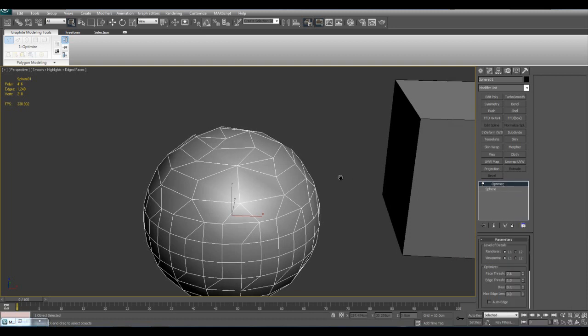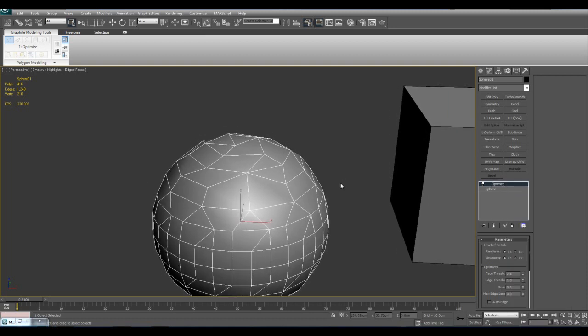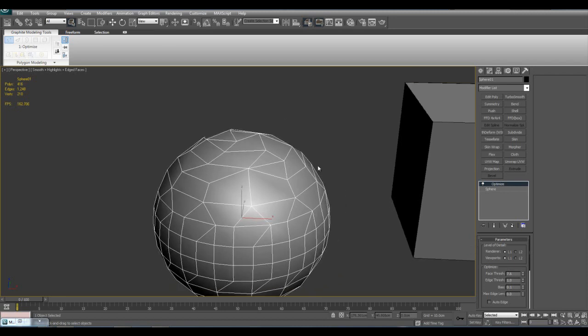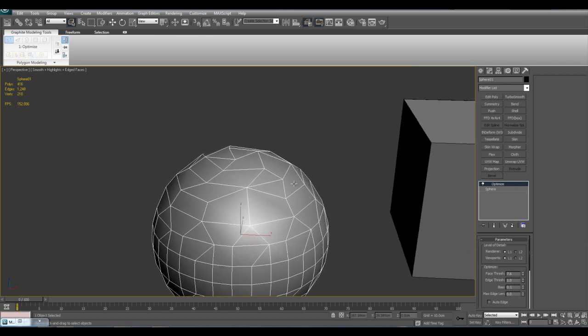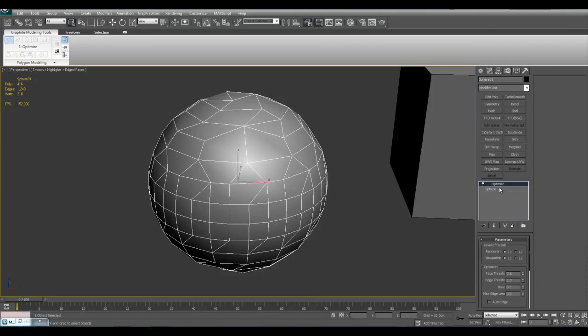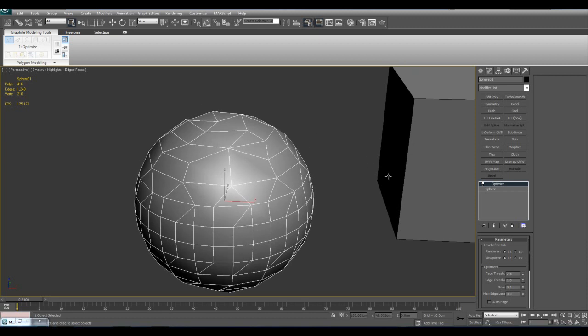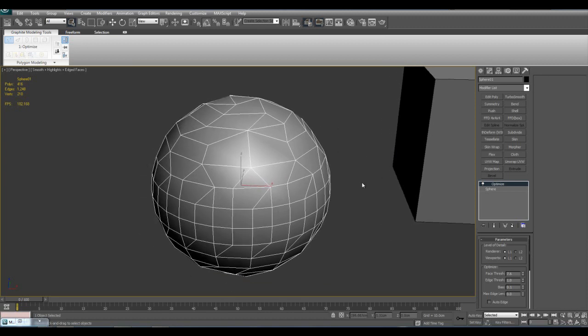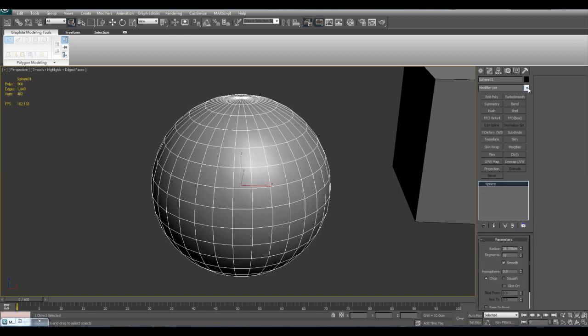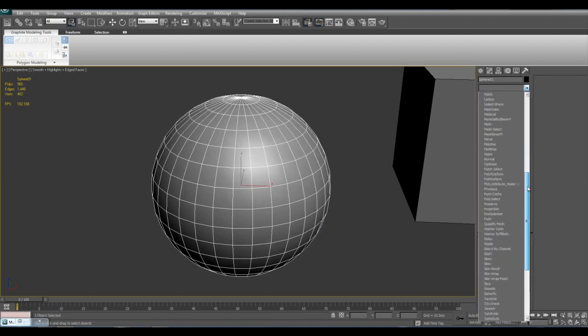If you want to quickly optimize things for games, something important like weapons and characters, it's best to do it yourself. Or you can, however, use the optimize modifier on things like rocks and caves and those kinds of large organic things where the topology does not really matter because they will not be deformed. Next we have